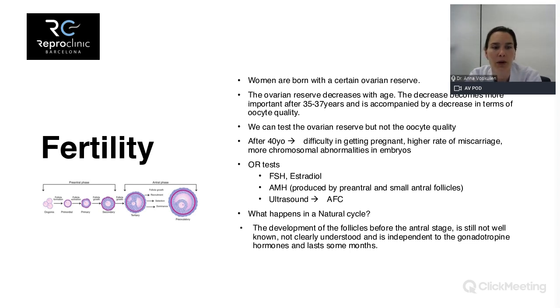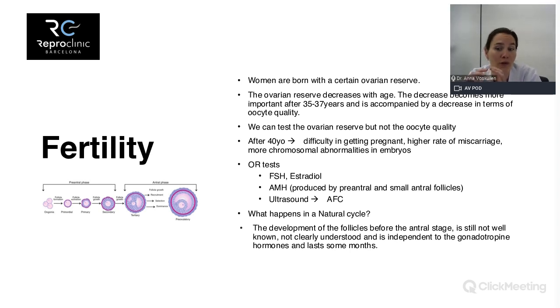And regarding the development of the follicles, I want to say that it's not just the 14 days that I will explain later, but it starts 3-4 months before the ovulation. It's important to know because everything that we can change in our lifestyle could have an impact on that. These phases of the follicles are divided into two: one is independent of the hormones, and the other one is dependent on the hormones, which is the one that we are going to see during these 14 days before ovulation.